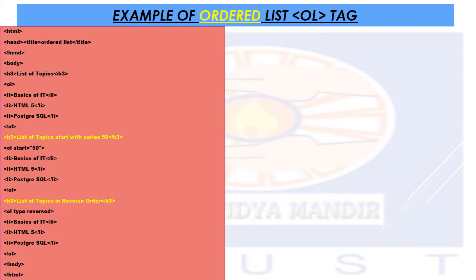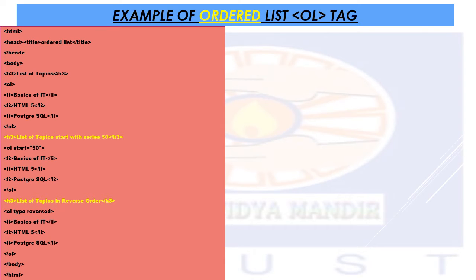This is the basic thing which you have studied. You have already studied this in the 11th standard also about the OL tag. Now what is the advanced thing over here? That is written in the yellow thing. You can see in the yellow line, the H3 tag is used again.